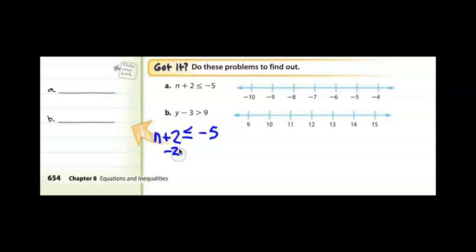Of course, we're going to have to subtract 2. That creates a zero pair. Now the n's going to be by itself. So we have to copy down the symbol. n is less than or equal to. And if we do minus 2 on this side, we also have to do minus 2 on this side. So this is where we have to be careful. If we have a negative 5 and we subtract 2, I can see on this number line